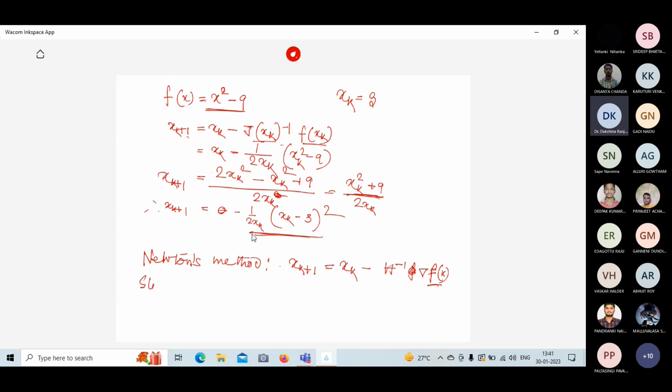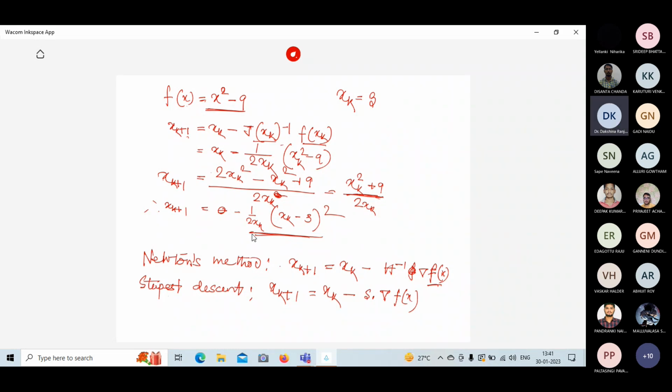If we look at the steepest descent, now steepest descent means, so we get the steepest descent method x_{k+1} equals x_k minus s times del f x. Okay, this is the steepest descent. Now, if we look at both these methods, Newton's method and steepest descent, so